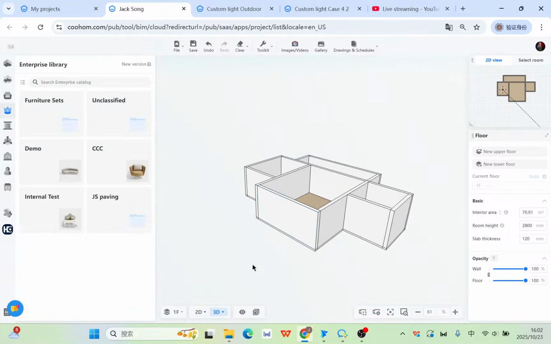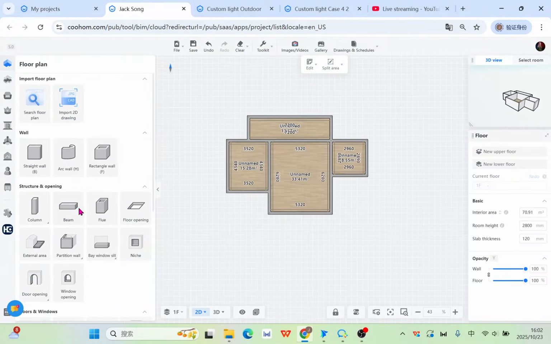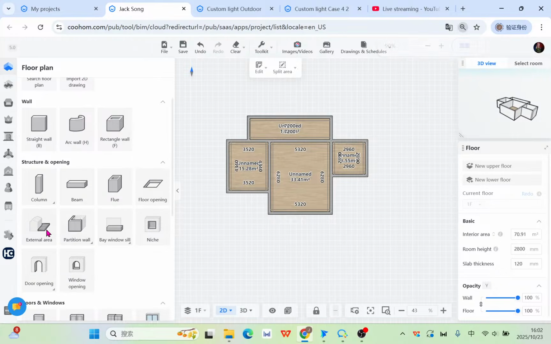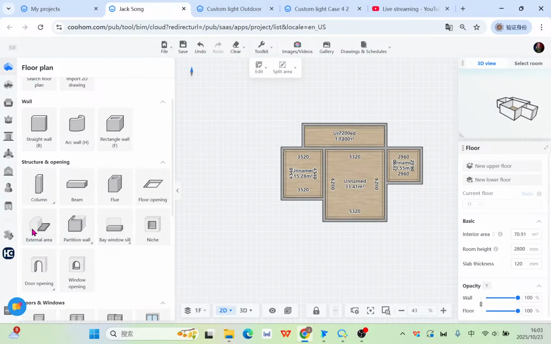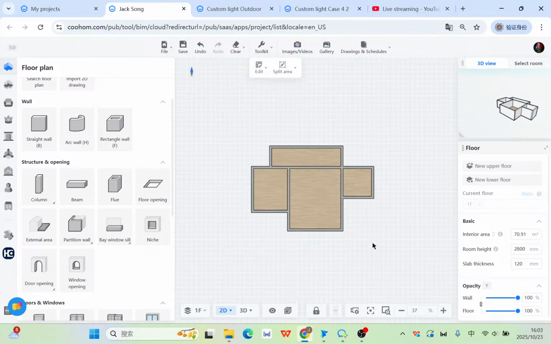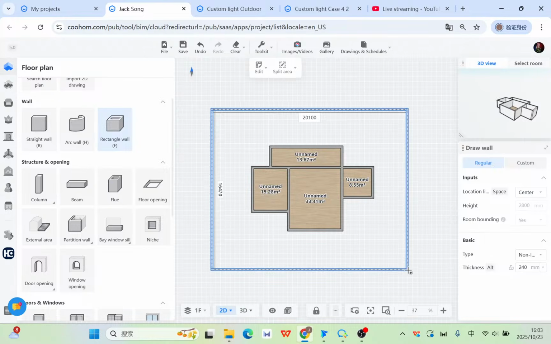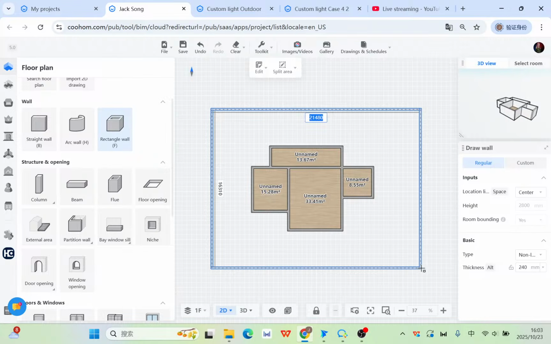And then, of course, we turn to the floor plan. We can use a very special tool called exterior, the external area. You can click this one. Before that, some of our users said that we directly use rectangle walls to draw, but it's fine. You can also use the bigger room to cover it, but sometimes it will cost you extra effort to handle the boundary. If you use this one,